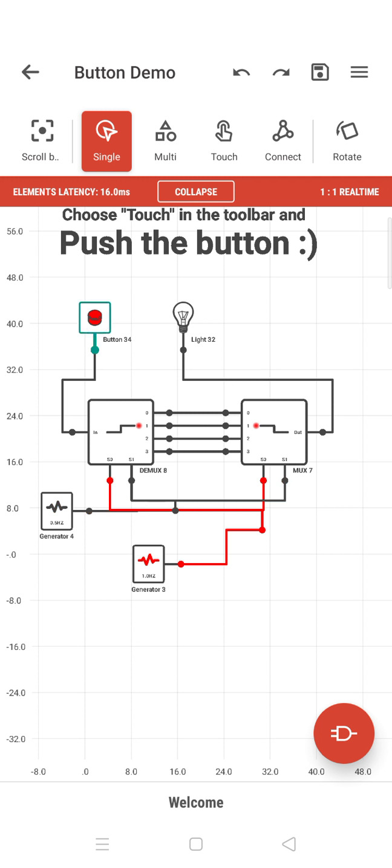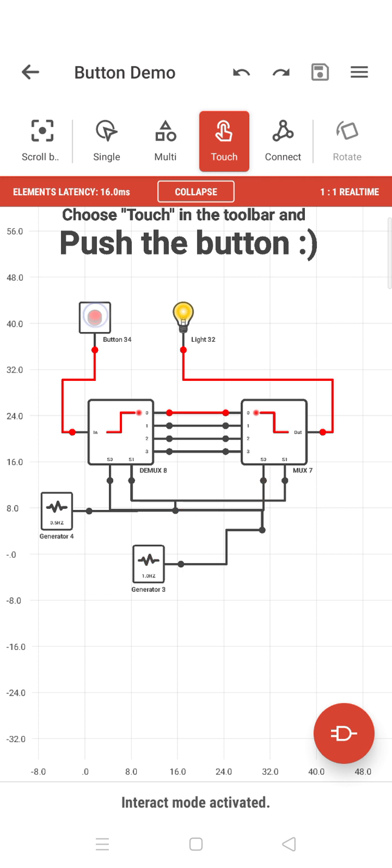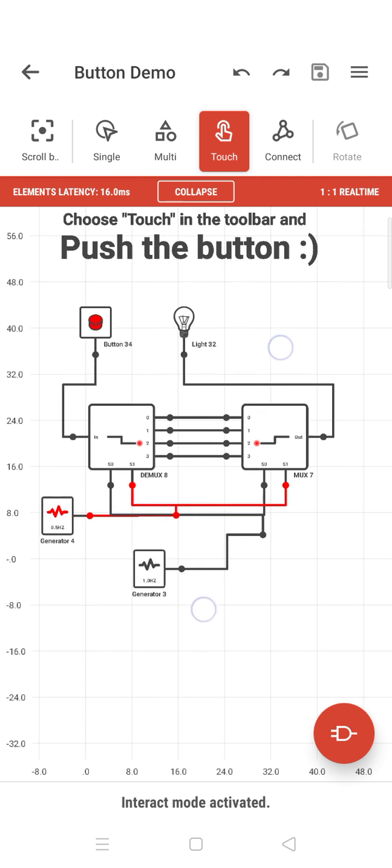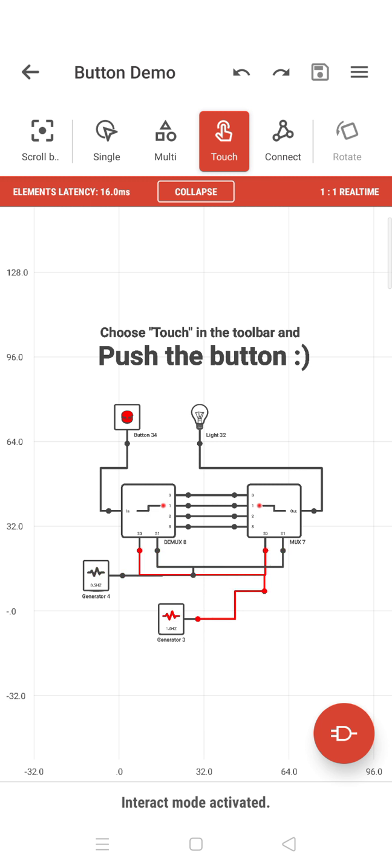So when I switch it on, let's see how it is coming in. I switch it on, so it is coming on. See? As long as I press the switch, it is coming in. Then I leave it off, there is no current coming in. So it is doing a mux and a demux, okay? That kind of thing. Push the button. That kind of thing.